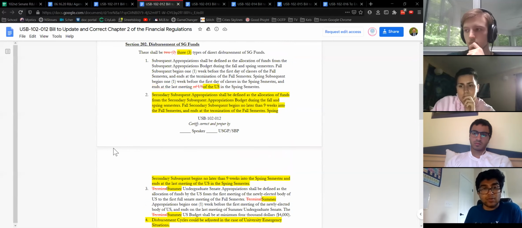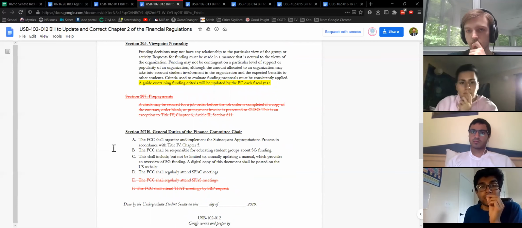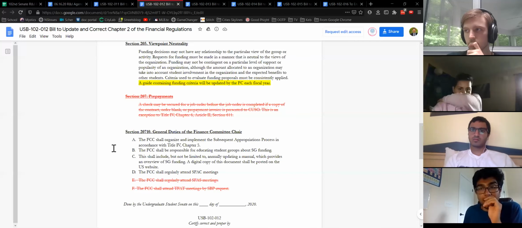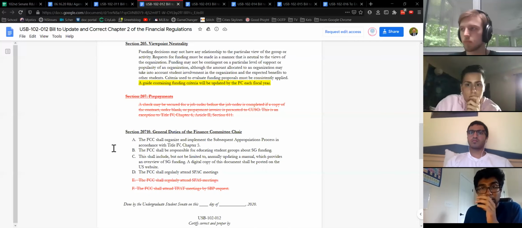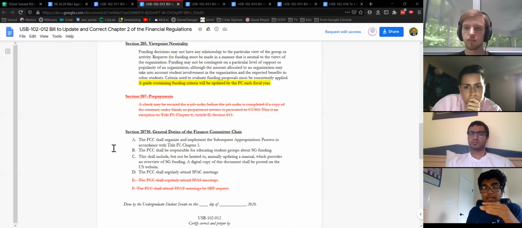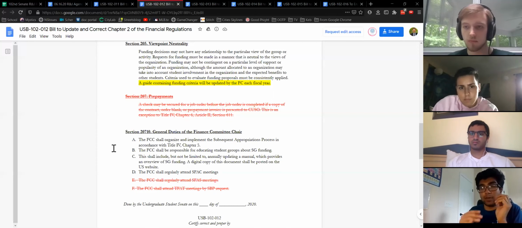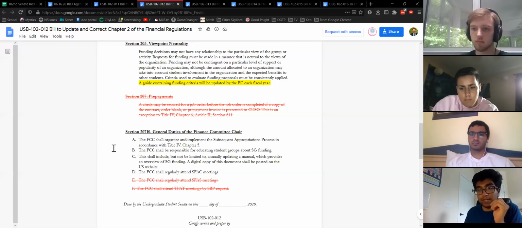So yeah, and then back to, if you scroll down a little bit. Yeah, so for viewpoint neutrality, viewpoint neutrality was something that the finance committee really struggled to maintain, because this paragraph was not the most specific, and it's often a little bit overlooked. And so we just added a stipulation there that all the specifics of what that entails will be included in a guide that the finance chair will create this year. So Ashna will be the first to create it, and then it will be slightly updated and modified each year accordingly,